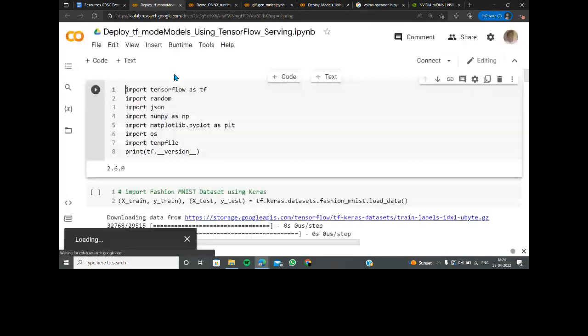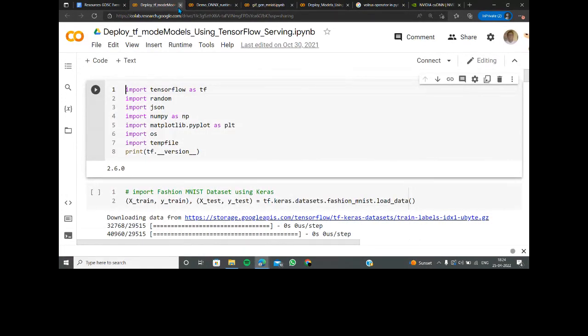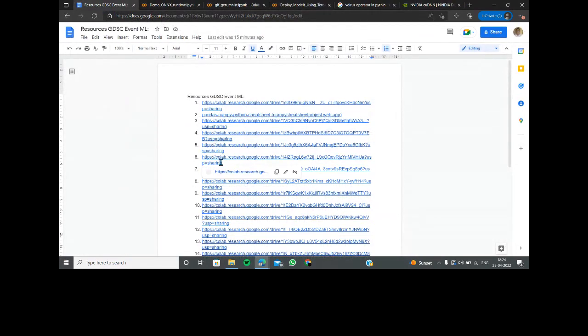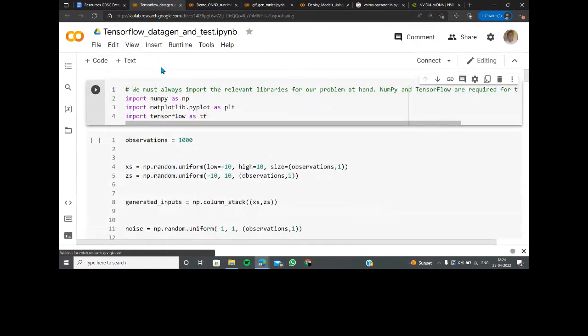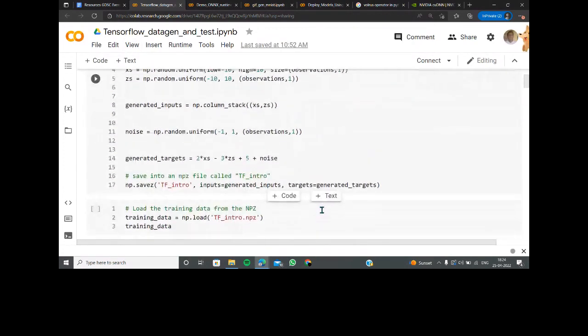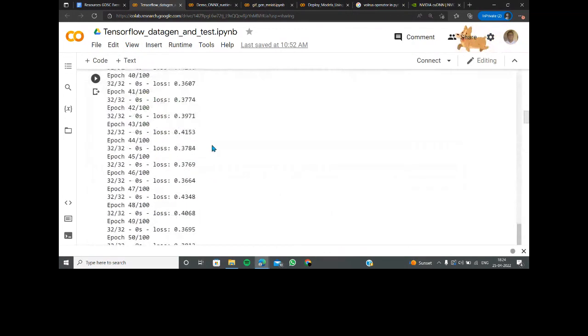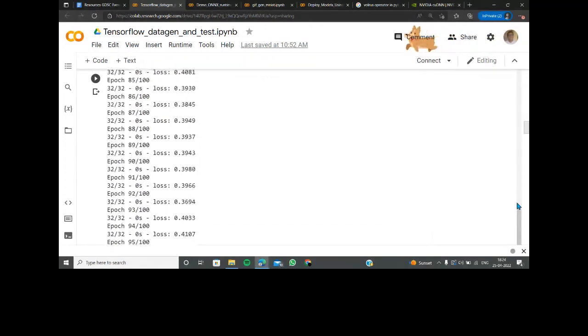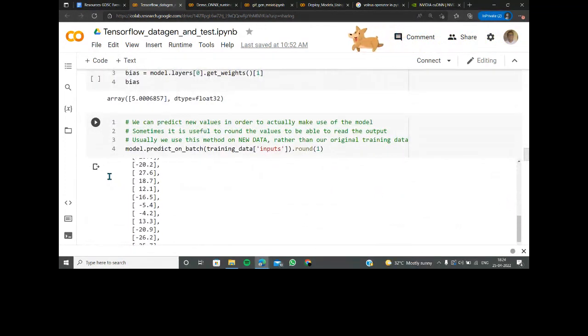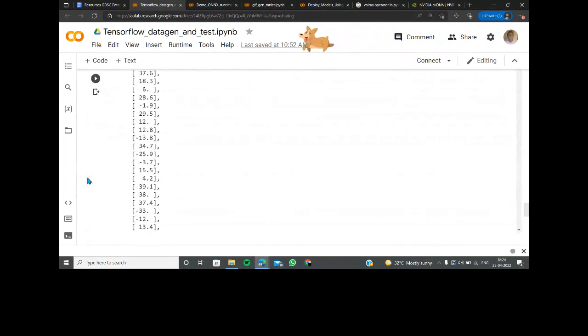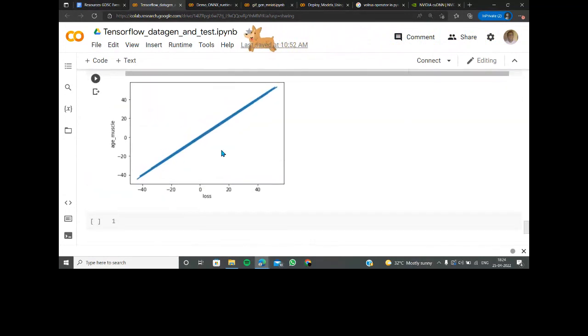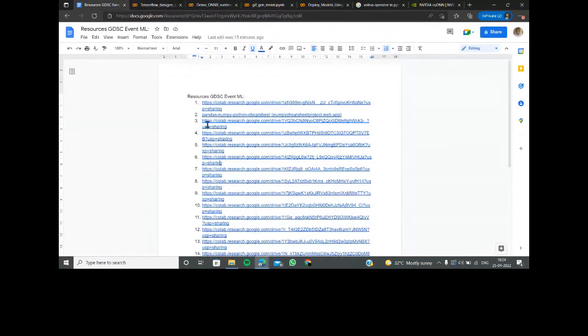This is going to be the NumPy for all kinds of data. Okay, I can show you one production one. You can just learn about the other ones. TensorFlow, dataset and data gen. Of course, you can see how I did the data gen part here and there. It's going to be challenging if you just do it without a TensorFlow function. This is how the line looks like in a real world production problem statement.